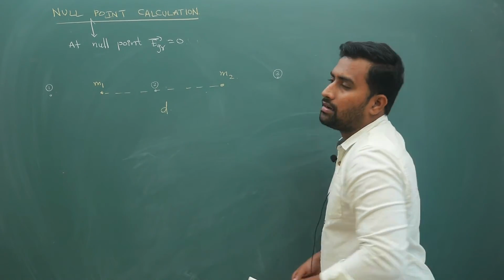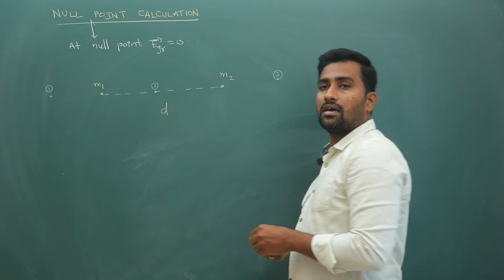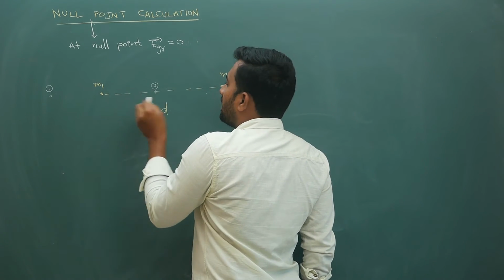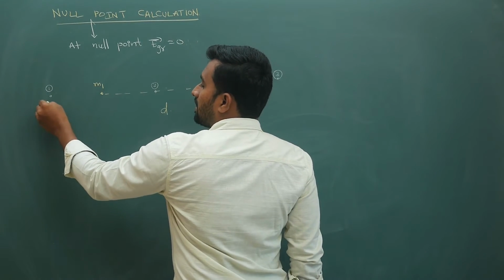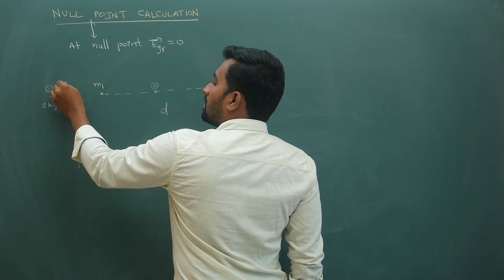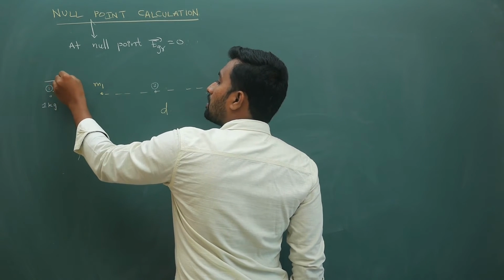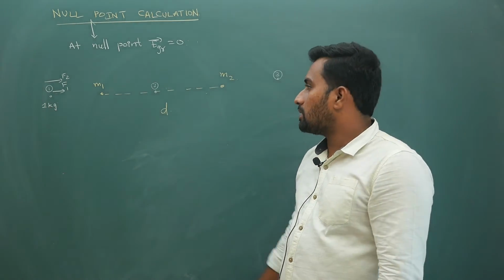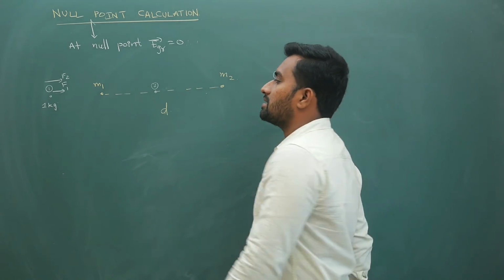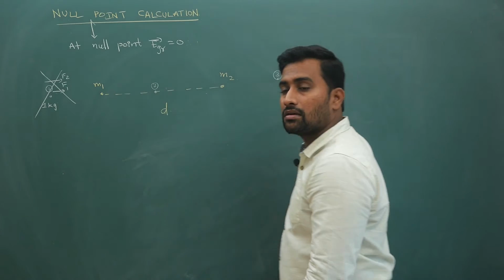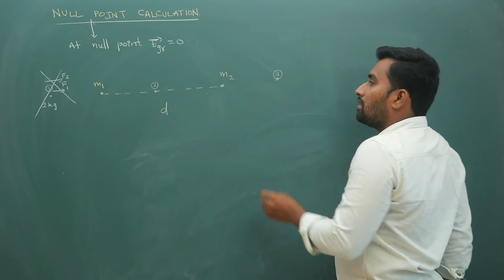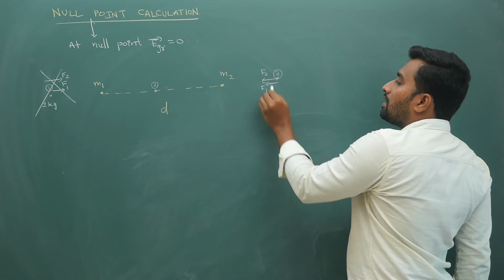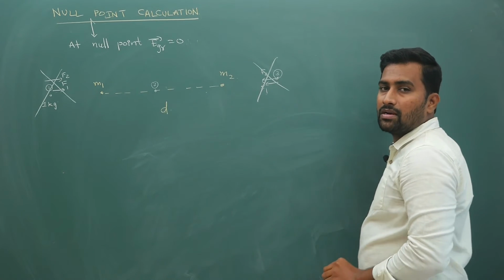Now coming to this part, if you place just simply a 1 kg mass here, because of m1 it is this way, because of m2 also it is this way. So at this point field becoming 0 is practically not possible, because these two masses both are attracting. So this point is not allowed at all. Next, if you consider this point 3, the force because of 2 will be this way, the force because of 1 also will be this way. So here also at point 3 there is no possibility of field becoming 0.